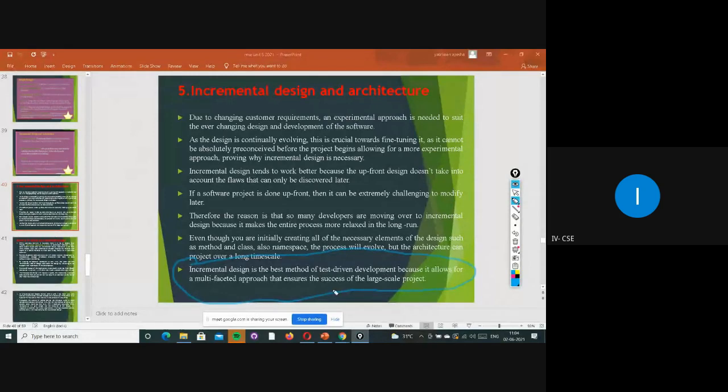And why is it the best method? Because it allows a multi-phased approach, meaning whenever there are bugs, we fix, refactor, change, and execute. With this we can get success and a quality project for the long term.